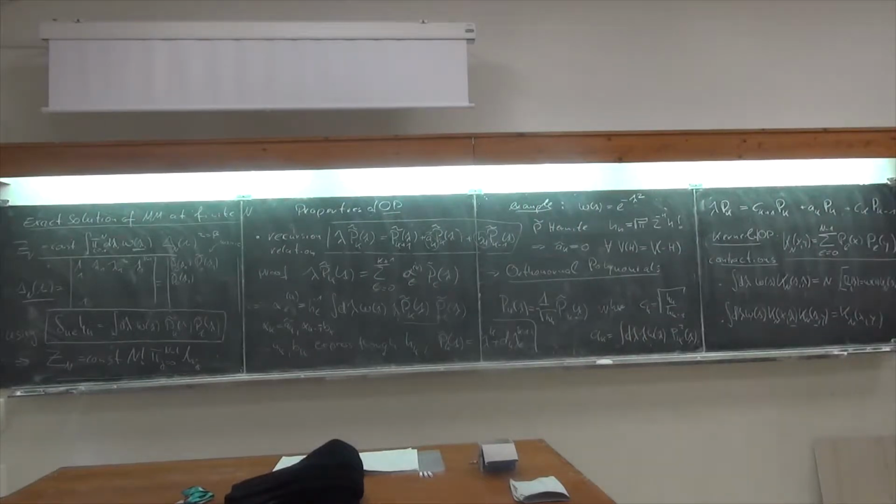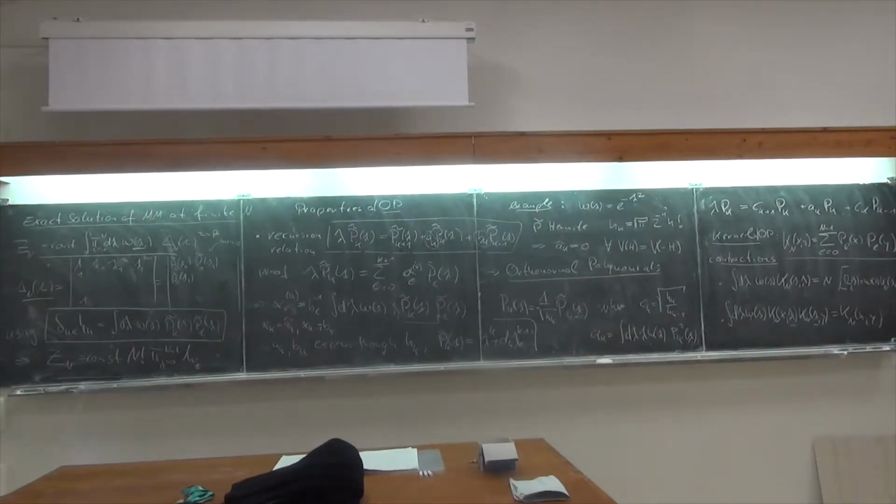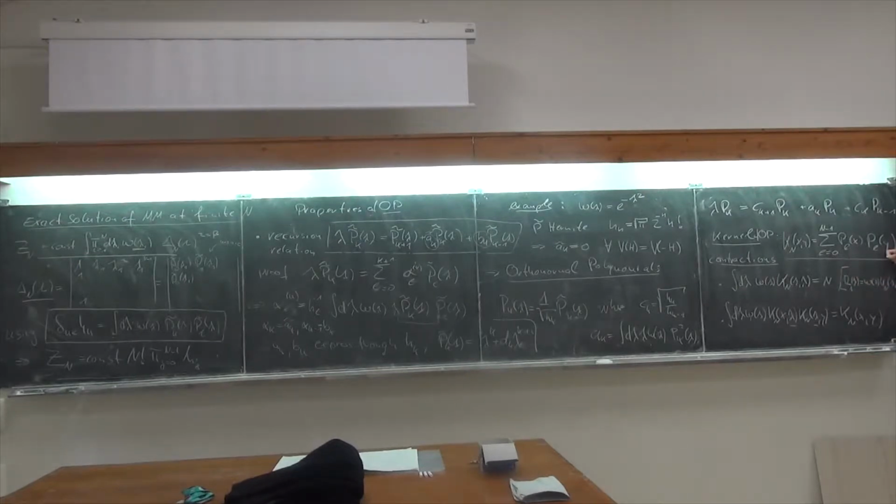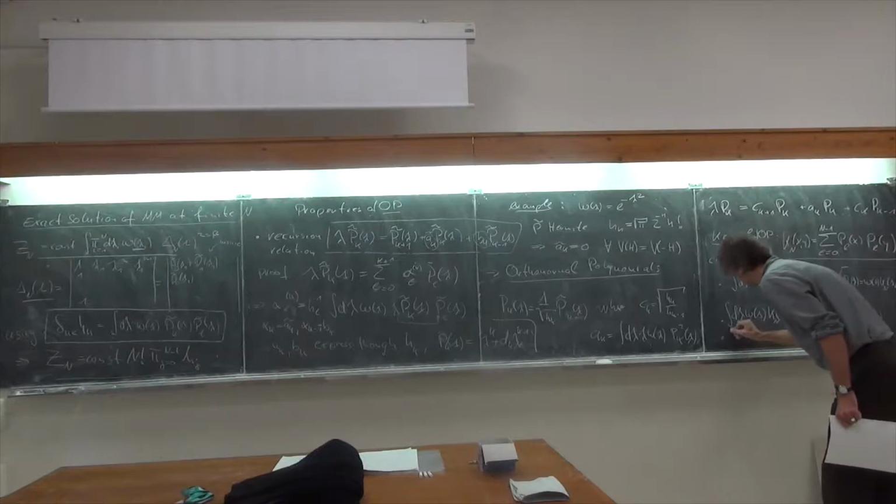You multiply these 2 kernels, so you get a double sum, and then you pick the second one, PL, let's say, multiplied with the first one, let's say PK, you get a delta KL, which is one of the sums, and the kernel will remain. And note for this, it's of course important that these kernels are also normal, because otherwise you would get some factor, and then you would get a sum over a factor of some kernel, and that would not be the same kernel. Okay, and the last property that is also trivial to see is we don't really need that, I think,